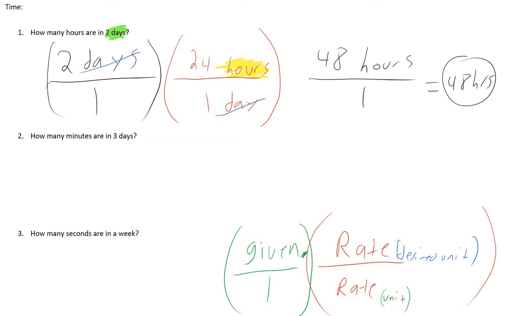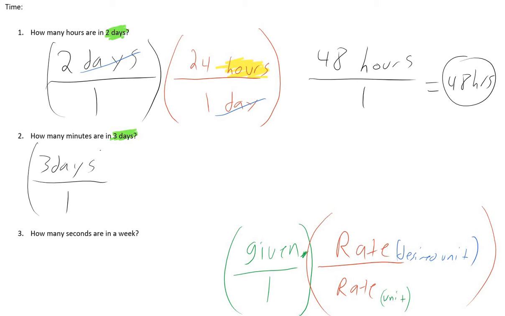Let's take a look at something that has more than one step. Here what we see is, how many minutes are in 3 days? You can pause it to try to identify your given and maybe try to identify what is going to be your next unit for rate, or what's your next fraction for rate. So this is 3 days. That's going to be our given. So we see it's 3 days